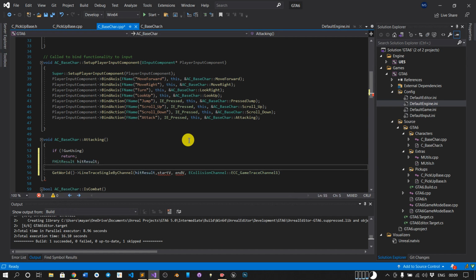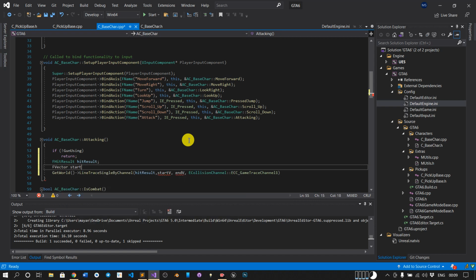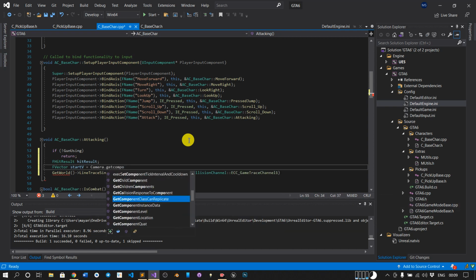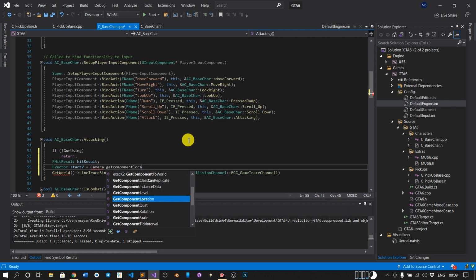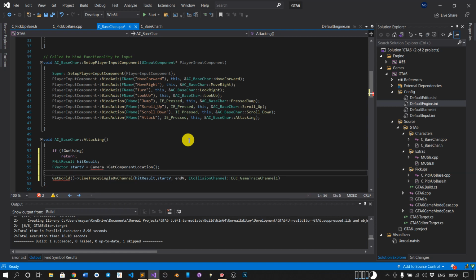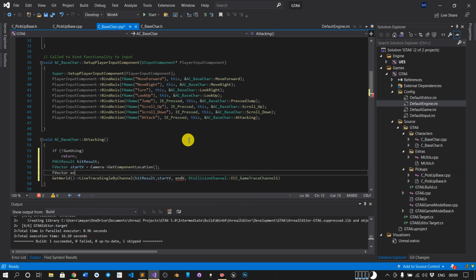For the start one, we want an FVector start vector. We need this to be the camera, so camera get component location, and for the end vector we will add a position to this starting vector.